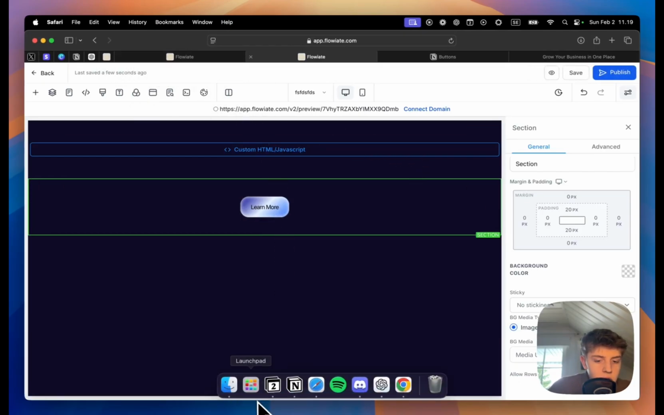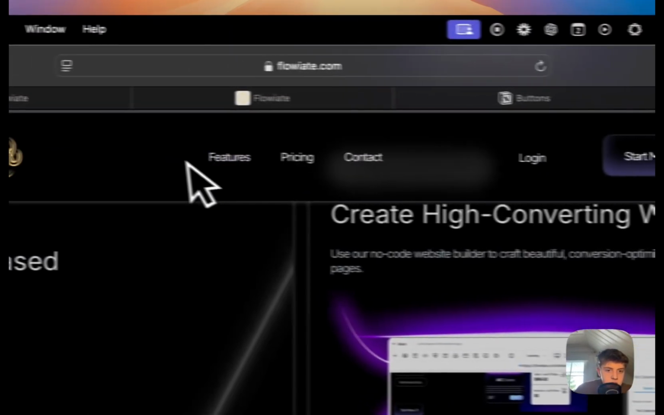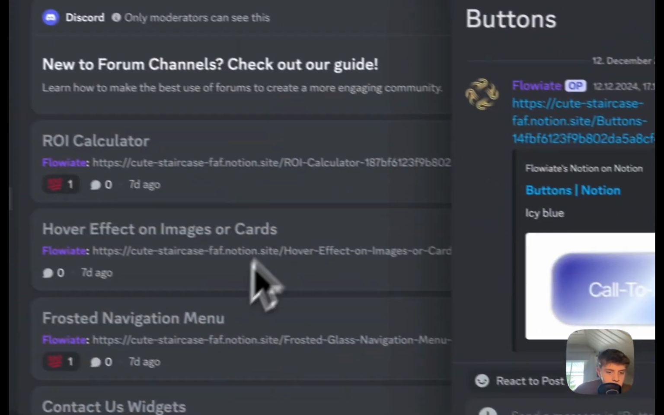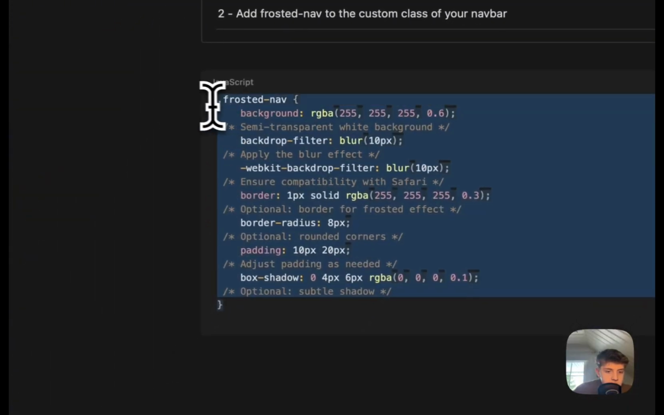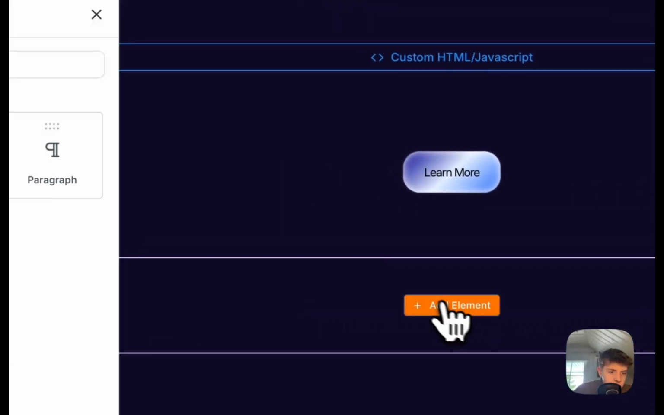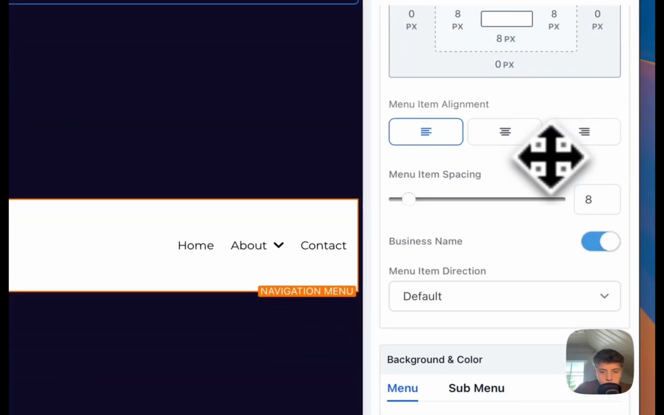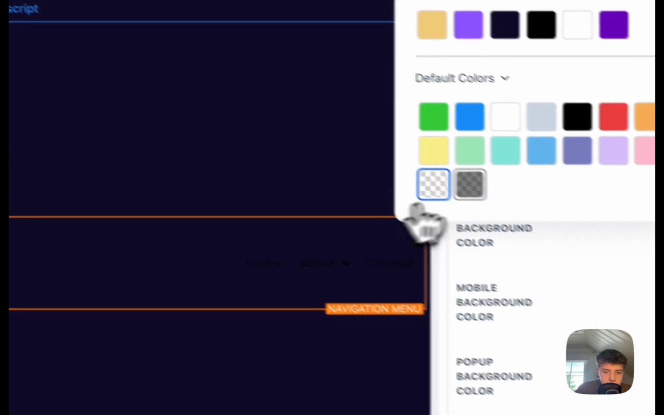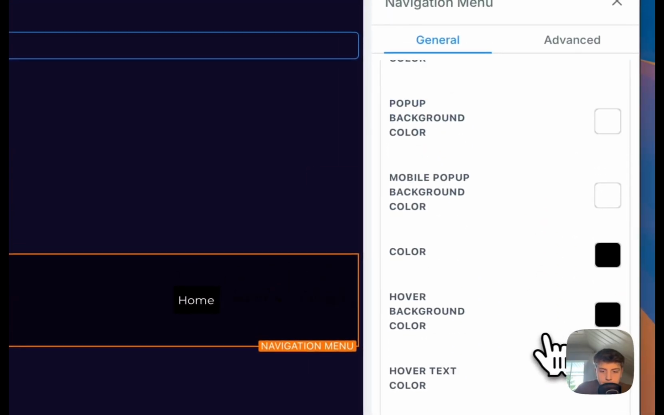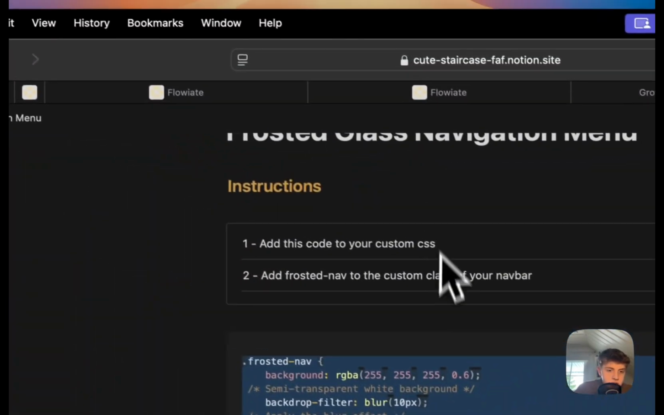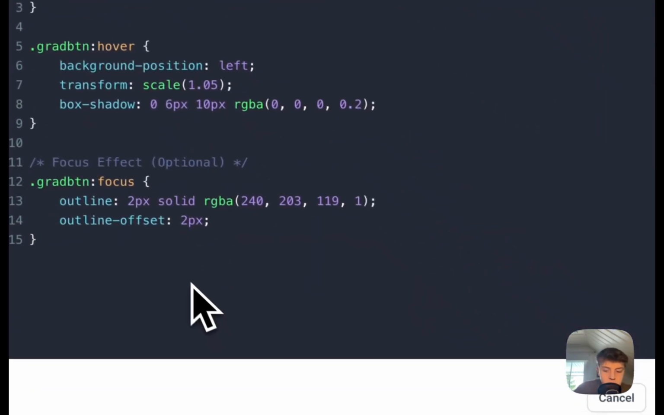But number two was how to add this blur effect to your navigation menu. So let's go back to the Discord, go to frosted navigation menu, and just add this code to your custom CSS. And I'm just gonna do a quick little navigation menu right here. And you have to make it transparent, like overlay. But go and copy this code, go to custom CSS,